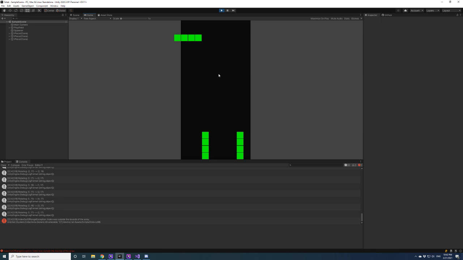So, it looks though like it only happens when we rotate on the very far edge of it, which is kind of weird. Not quite sure what's going on there. So that's crazy. So something about when we do our check,